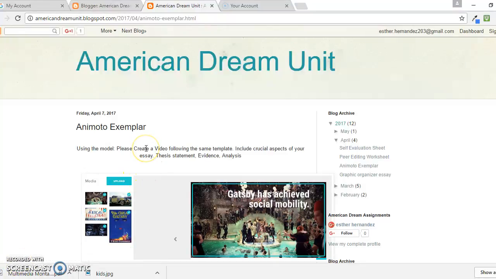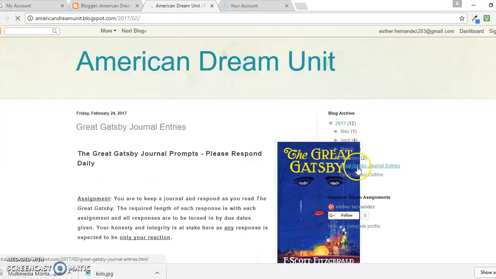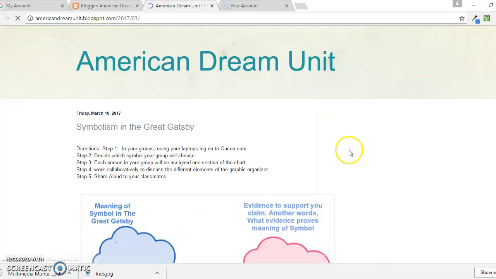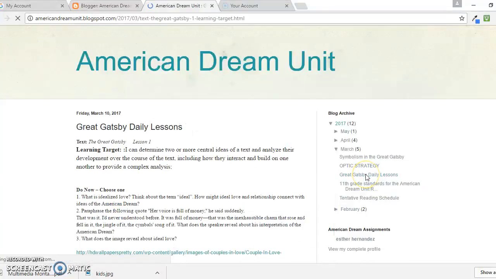One of the things I would like to see is this American Dream Unit grow. So something that multiple teachers in my school can use and add on to. I'd like to see other teachers' input. So a way for me to make this better is maybe if teachers can add their daily lessons, or even their journal prompts, any other thoughts or lessons that they have, in order to make this applicable to